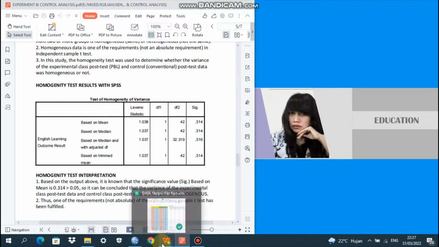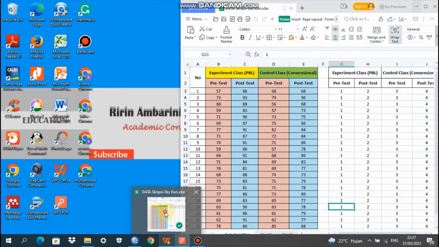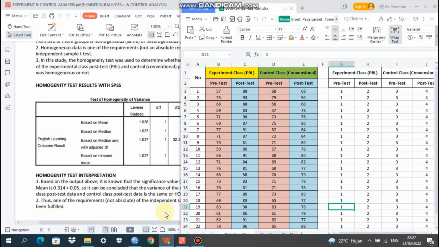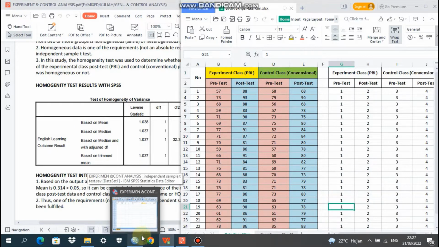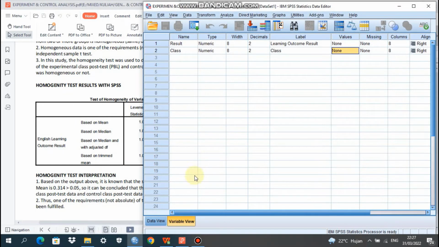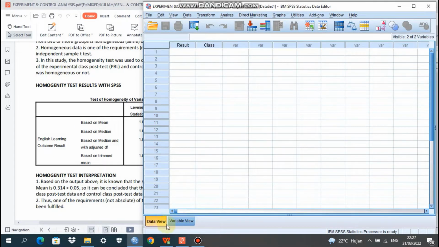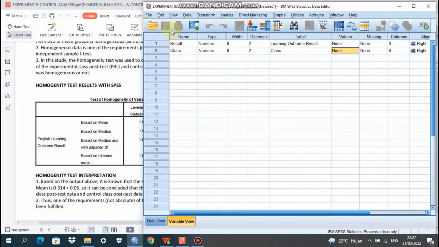Now we go to the practice: how to do the SPSS analysis. We go to SPSS first. We have data view and variable view.